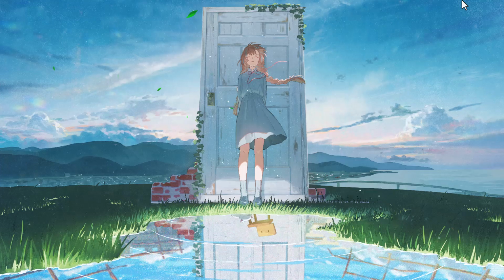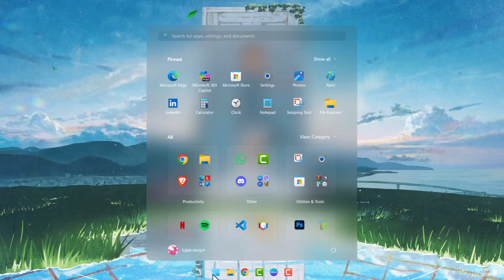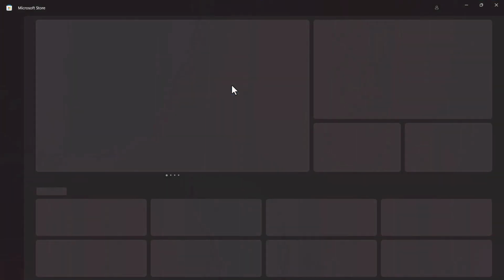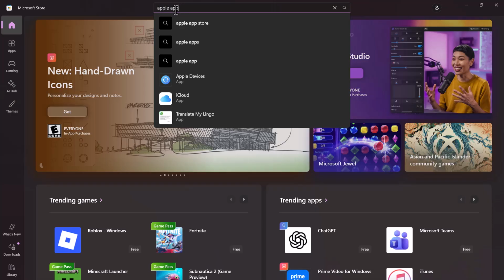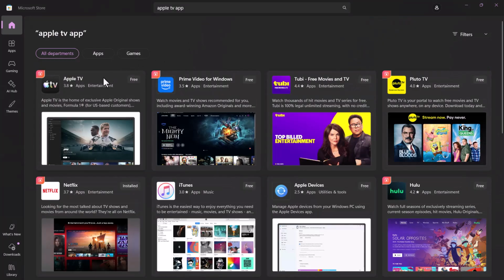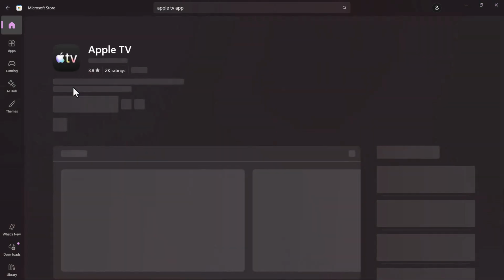To do so, first of all open your laptop and log into your account. Now in your taskbar click on the Windows icon and search for Microsoft Store. Now after opening Microsoft Store, search for Apple TV app. Now click on it